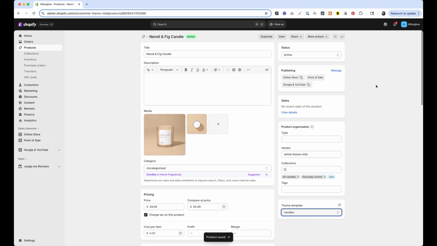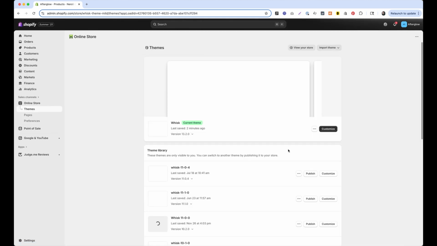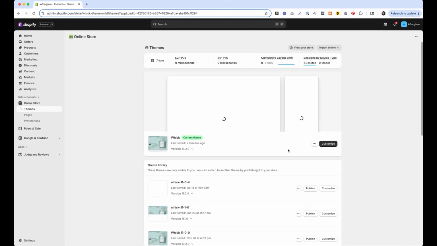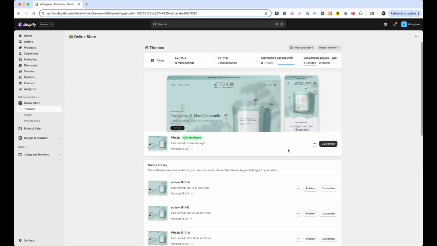Okay, so great. So now I know that all my candles are using a candle template that I made especially for them. And one thing to note is that we get a lot of support questions about not being able to see templates or not being able to assign templates to products. You need to make sure that any template that you use is